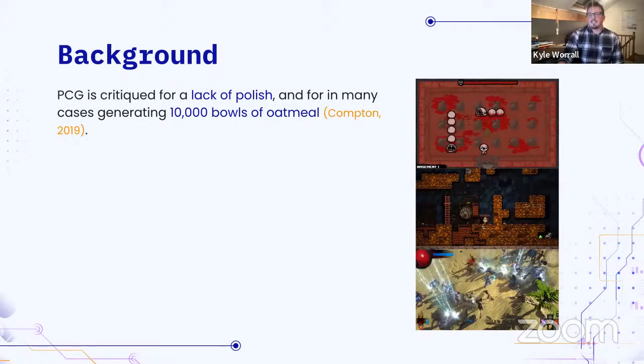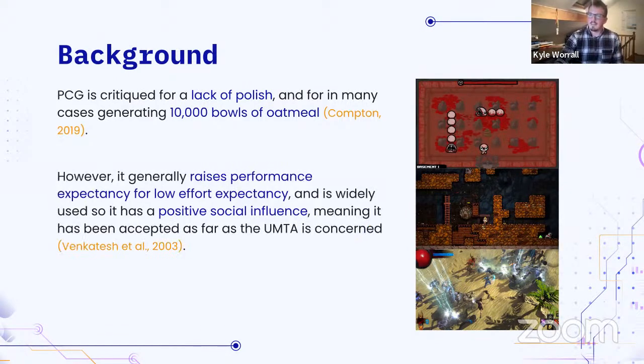And while PCG is critiqued for a lack of polish, and in a lot of ways it is criticized for generating 10,000 bowls of oatmeal. Like if you go to the dungeons in Morrowind or the Chalice dungeons in Bloodborne, things are very, very similar. And it's nice to have cohesion in generative levels, but without some kind of nuance to differentiate them, it becomes boring for the player. But generally, it seems to raise performance expectancy because it allows you to do all these